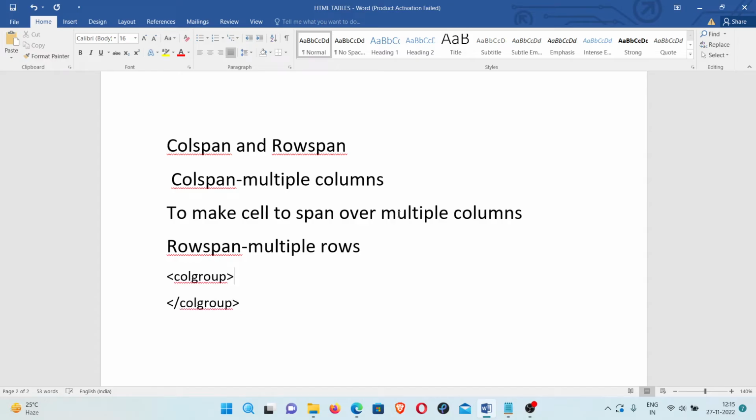What is that colgroup? With the help of this colgroup, we are going to style specific columns of a table. Specific columns in the sense, if you want to style more than one column with different styles. For example, in this example, if you look into this example,